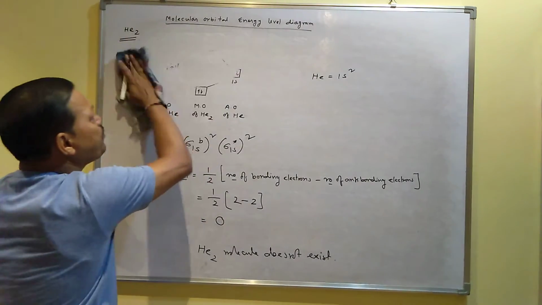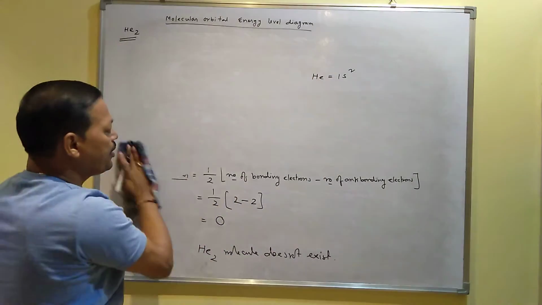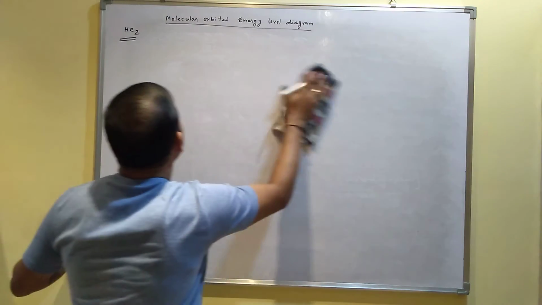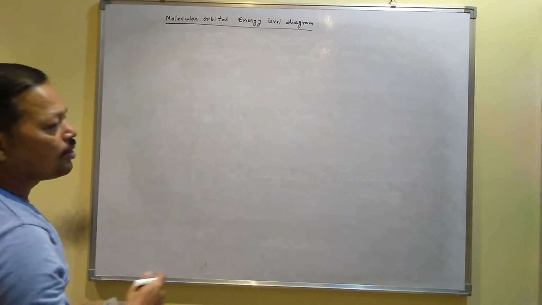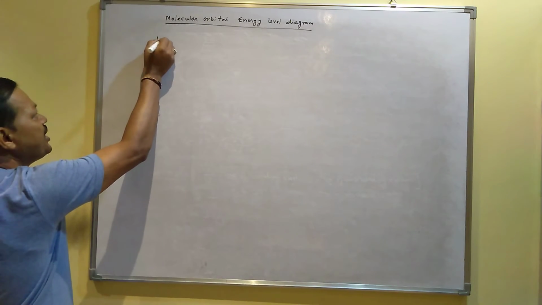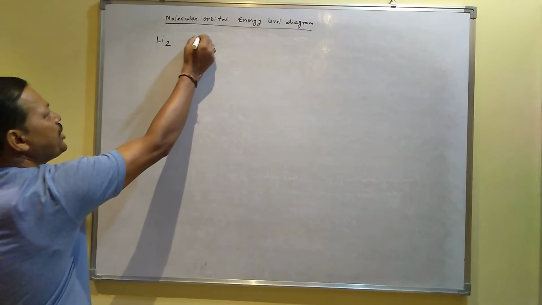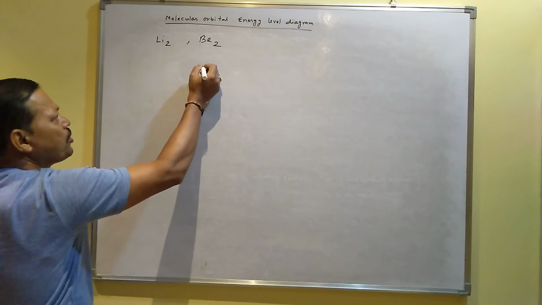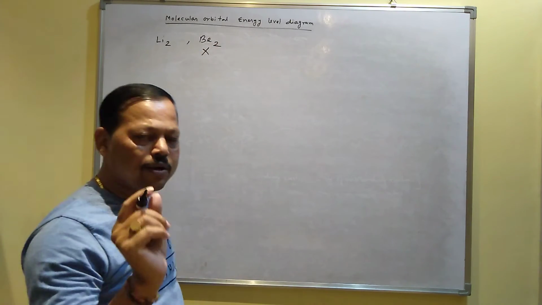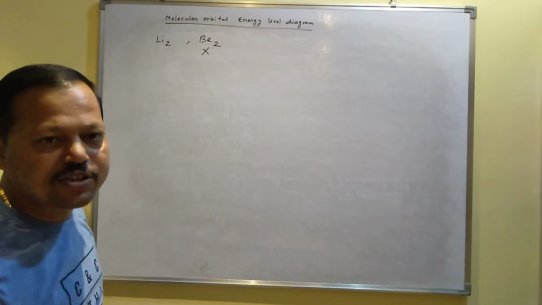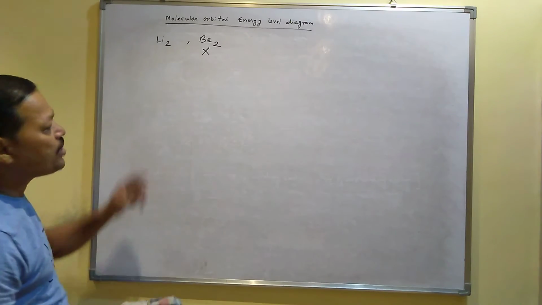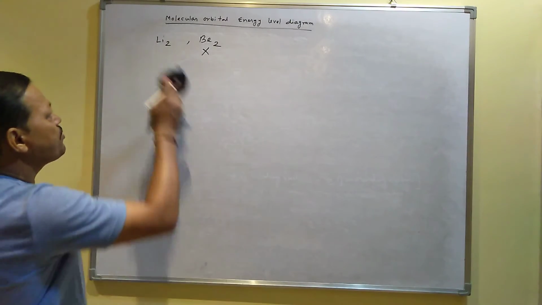So in this way you have to draw the molecular orbital energy level diagram for different molecules. You try to draw; I have drawn the helium molecule, then you can draw the lithium molecule Li2, then you can draw the beryllium molecule Be2. The Be2 molecule also does not exist because in the beryllium molecule also you will get bond order 0, that's why the beryllium molecule does not exist. You can prove it by drawing the diagram. So you try to draw the different molecules for atoms.